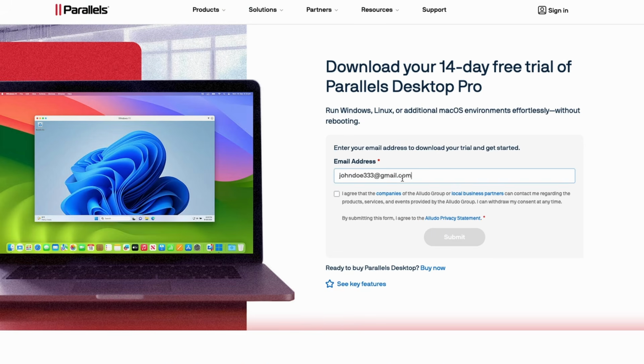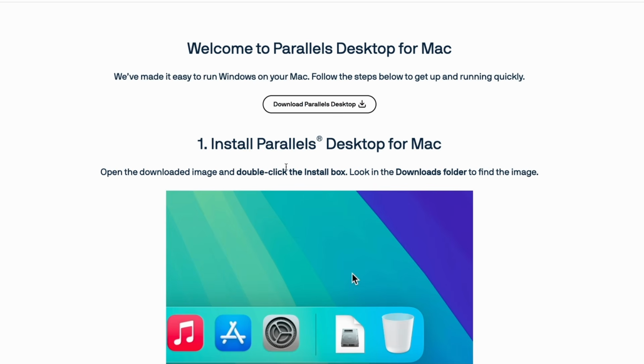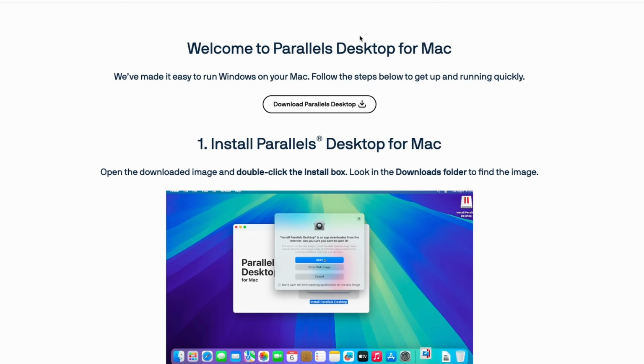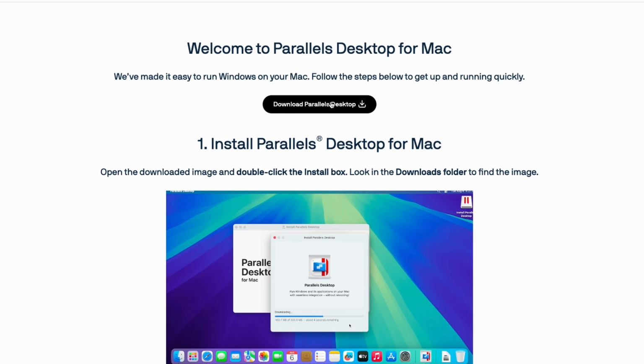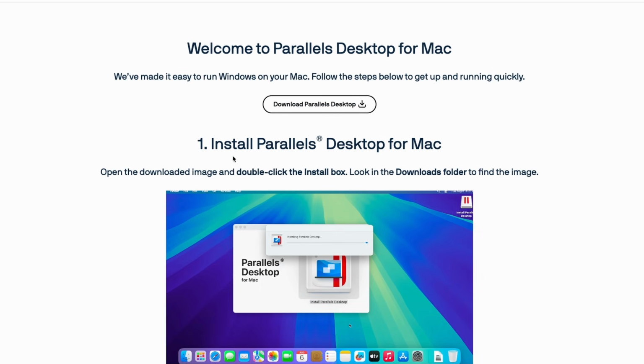Then here you will enter your email address, click here and click on submit. Now you will be redirected to this website. Welcome to Parallels Desktop for Mac. Click here to download the application and make sure that you install it on your Mac as you would any